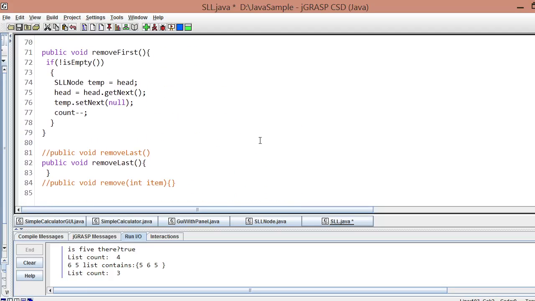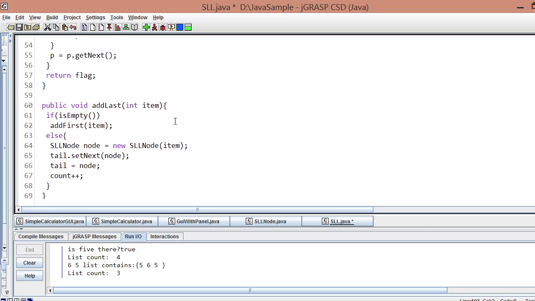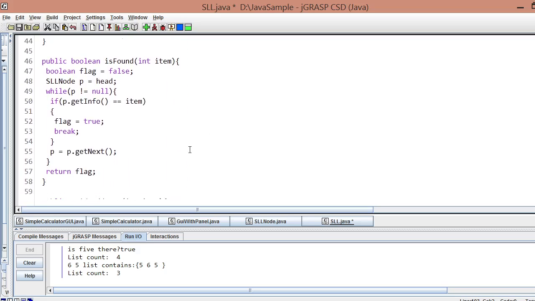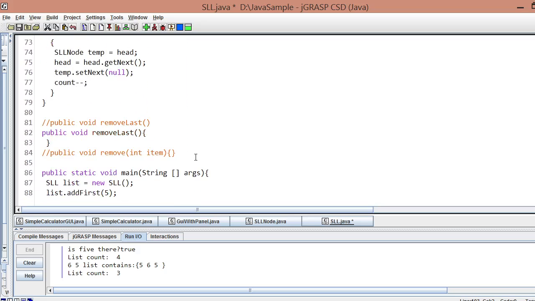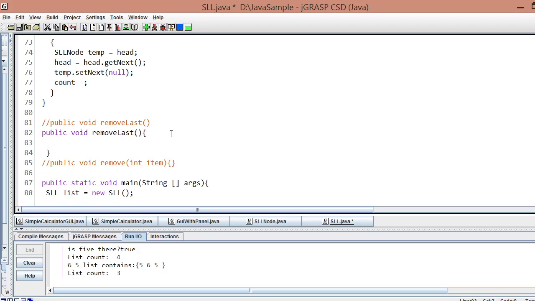Okay, so let's now start the demonstration on the remove last. For the remove last, first we have to check if our list is not empty. So you write there, if not empty.